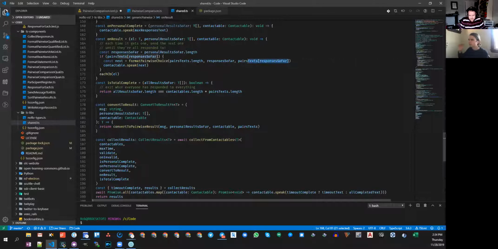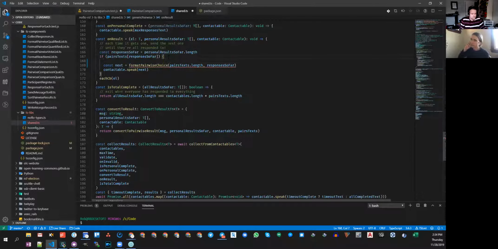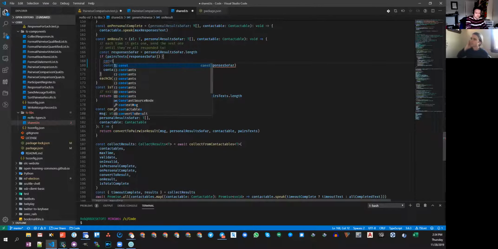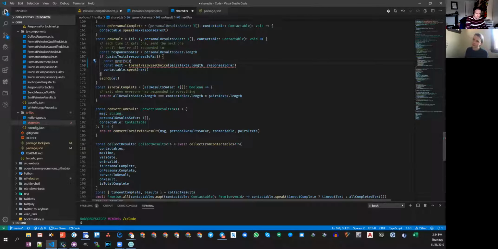That bit, if we could pull that from there and declare it as a new variable right above this. So this would be like const next pair, a precursor step, equals that thing, and then re-add it to line 169 as next pair in that place there.